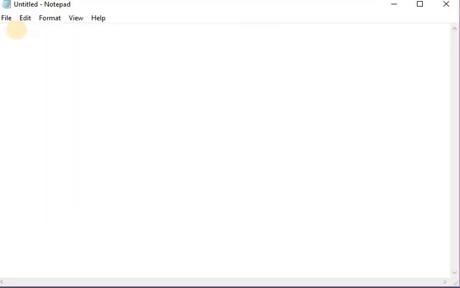This is the notepad file. In that notepad file, first of all I am writing the HTML and head tags. After that I am taking one title tag, and here I am giving the title as simple addition. Okay, after that close this title tag.